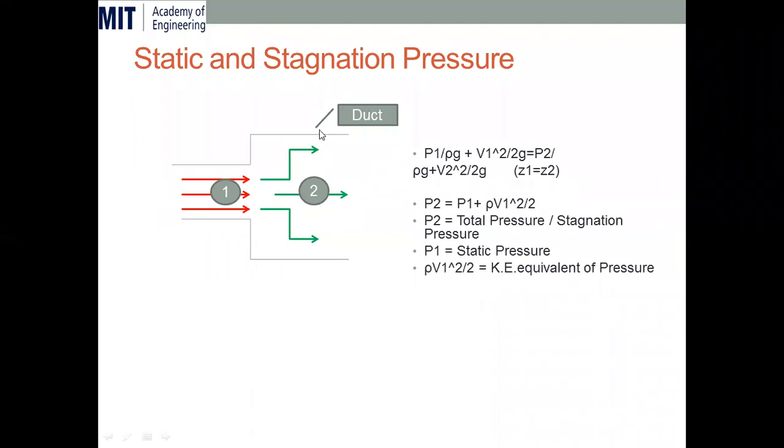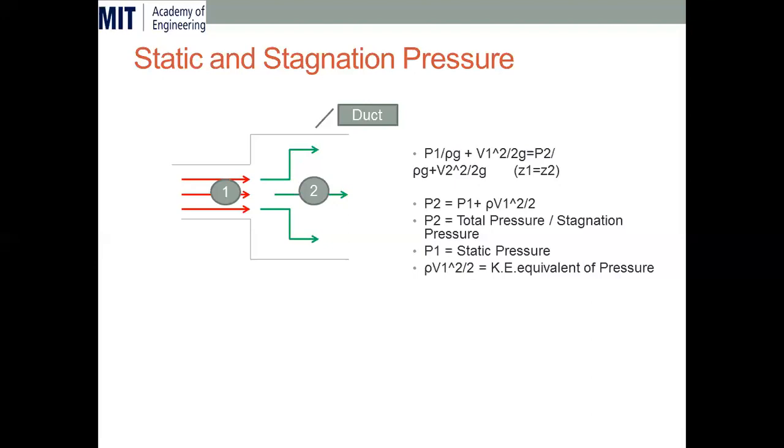Let us consider a duct, and a certain fluid is flowing through this duct. Basically, we can consider this as an incompressible fluid initially, or a compressible fluid with Mach number less than 1. And we know, again I'm repeating, the pressure and velocity variation in an incompressible fluid like water and a compressible fluid below Mach number 1 are the same. So if the area increases, the velocity decreases.